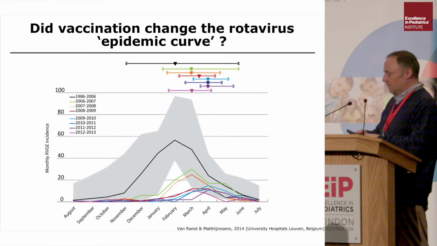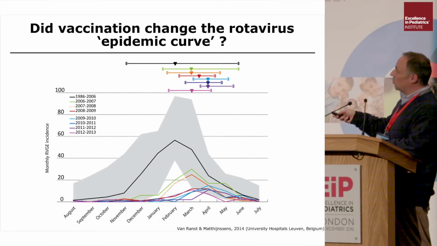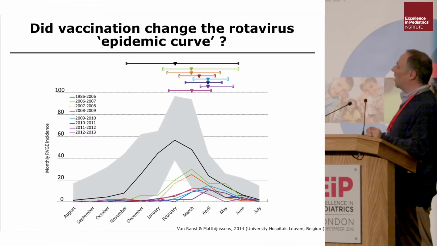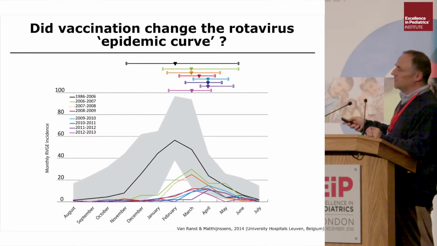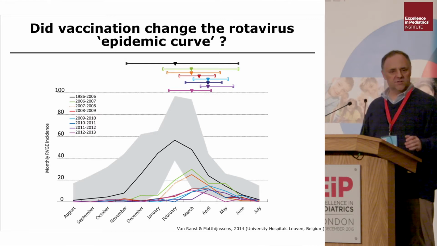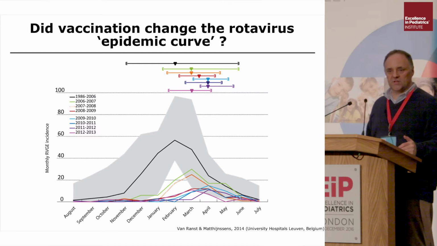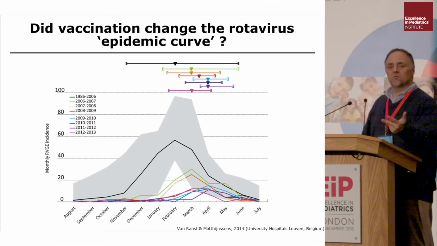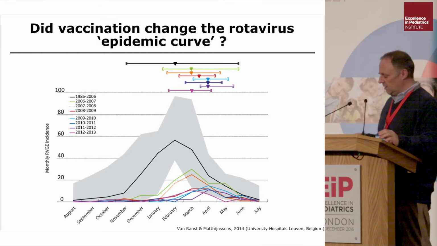Thank you. So as you can see here, the blue line, that was 1 year after vaccine introduction, the orange line, and this is now quite stable. Rotavirus epidemics have all but disappeared from the winter months. It is now a spring infection, but at every point is lower than where it was in the past. So we went completely away from the winter season, and that was good. That was good because now we don't have the perfect storm which happened in the past of influenza, RSV, and Rota at the same time in a pediatric ward.